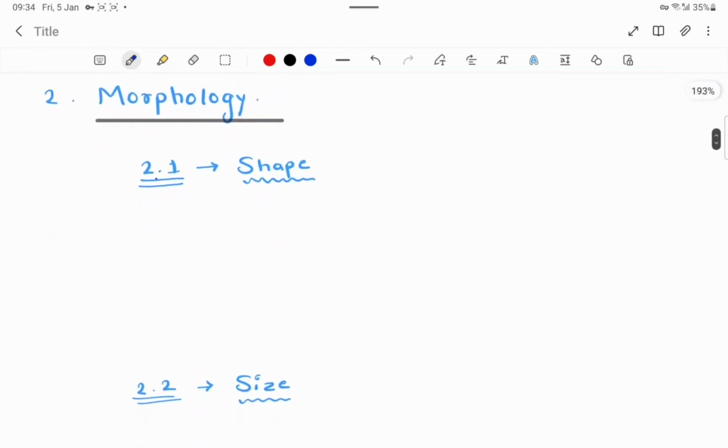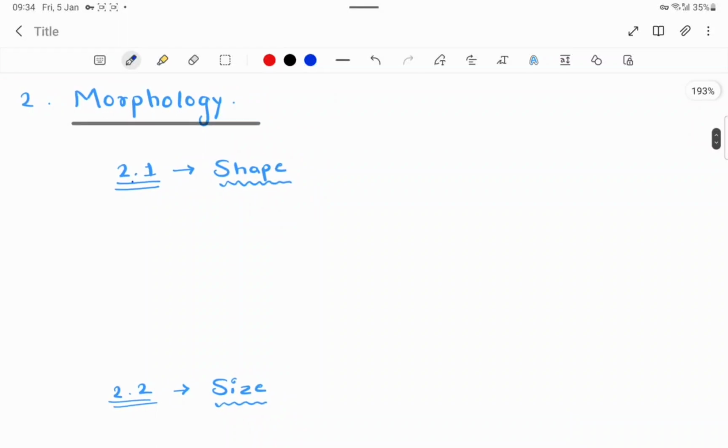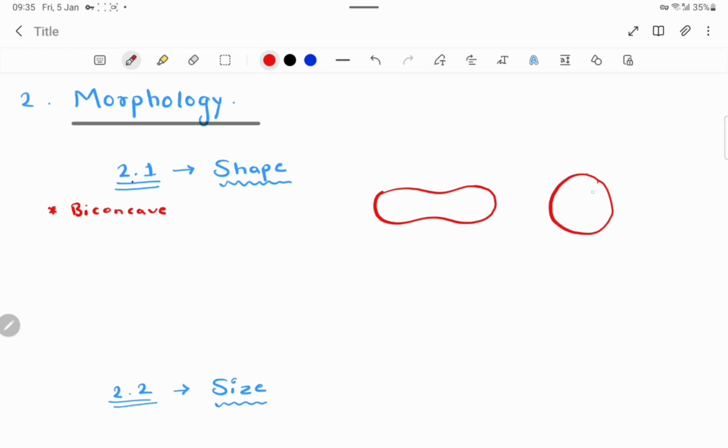The next point here is morphology of red blood cell. So we'll discuss its shape, size and structure. So first is shape. The shape of RBC is biconcave, meaning two concave surfaces. Just like this. This is the section view and this is the surface view,